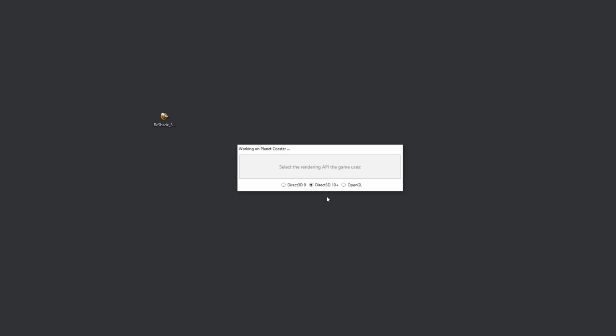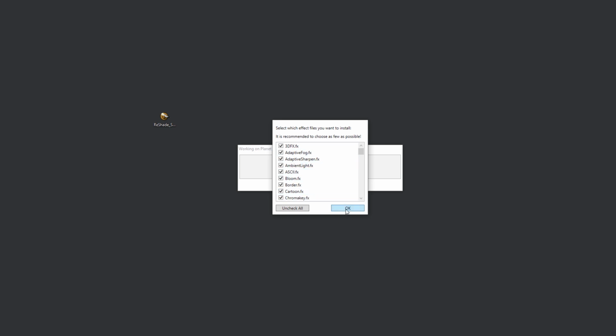And then also for Planet Coaster, you want to make sure you select Direct 3D 10 Plus, because Planet Coaster actually uses DirectX 11. So that's what you're going to want to click. It's asking me if I want to override it because I actually already have it installed. But yes, you're going to want to click, make sure it downloads. You're going to click OK on this box as well. And then there you go. It says work on Planet Coaster succeeded. And then also you're going to want to make sure you close out this box